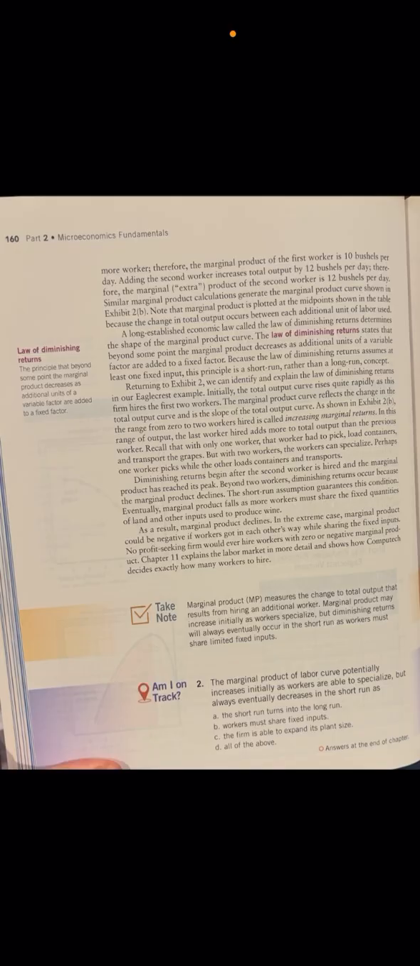Similar marginal product calculations generate the marginal product curve shown in Exhibit 2b. Note that the marginal product is plotted at the midpoints shown in the table because the change in total output occurs between each additional unit of labor used. A long-established economic law called the law of diminishing returns determines the shape of the marginal product curve. The law of diminishing returns states that beyond some point the marginal product decreases as additional units of a variable factor are added to the fixed factor. Because the law of diminishing returns assumes at least one fixed input, this principle is a short-run rather than a